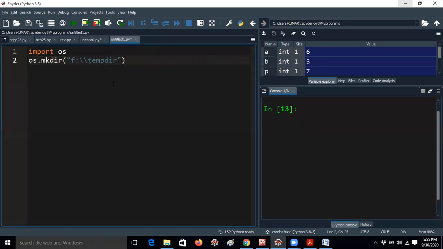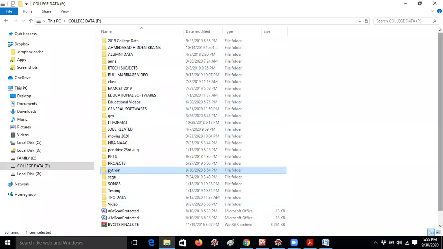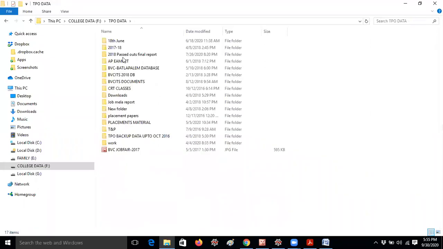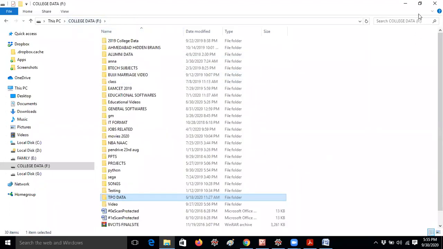First of all, you should understand the definition of what is meant by a directory. These yellow folders here are nothing but directories. Here, for example, I am writing escan protected online.java. These are files. A file just has content, the information, but a folder, for example a TPO data folder, will have all the TPO data stored in a different application. That means a folder can have multiple folders and files also. In that way we can maintain our data in our computer system.